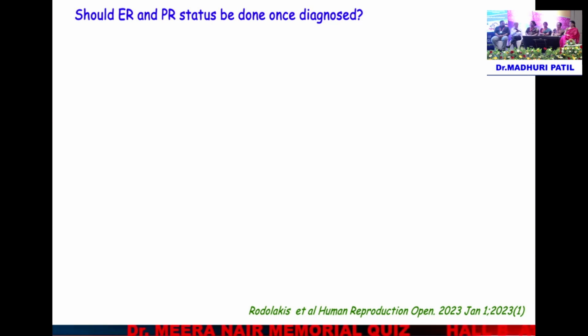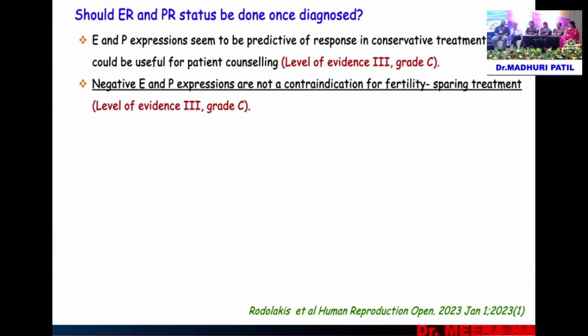So should ER and PR status be done once diagnosed for this patient? Is it going to be helpful? No, we usually do ERPR once diagnosed, and also we go for a molecular profiling. If it is POLE mutant, survival is almost 100%, and we can be without much problem. But if there is a dMMR type also, the prognosis is better. Whereas it comes with the common type, usually ERPR is more common in the common type, like a non-specific molecular profile type.